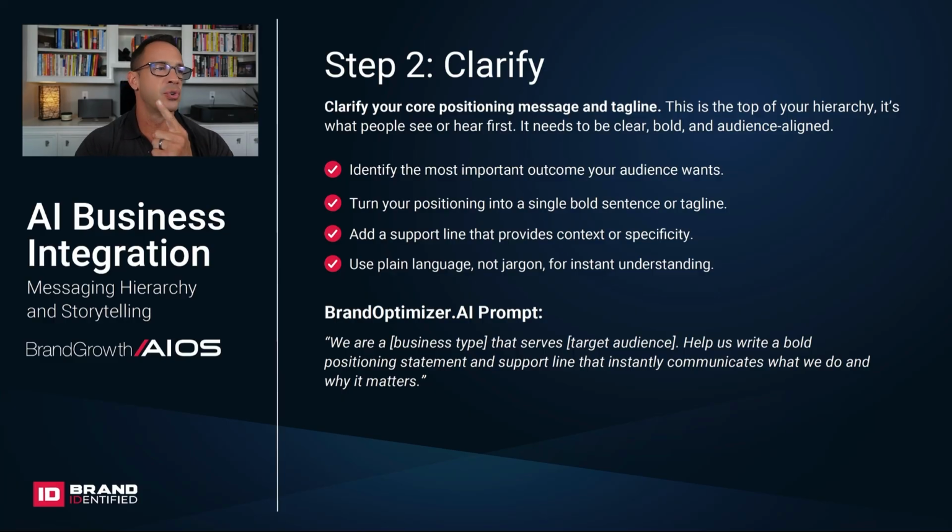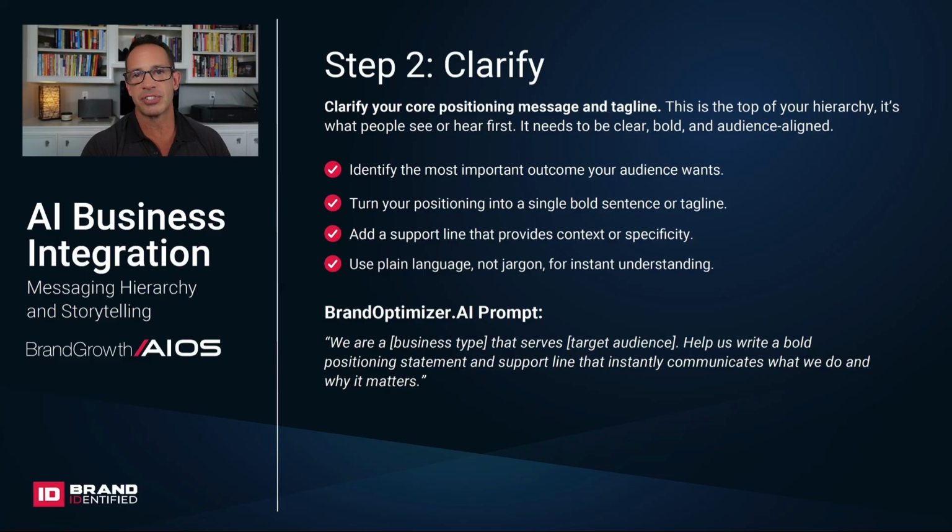So you're going to want to identify the most important outcome your audience wants, turn your positioning into a single bold sentence or tagline, add a support line that provides context or specificity, and use plain language, not jargon, for instant understanding. Now, with all of these steps within this framework, I've provided an AI prompt for you, but more specifically a BrandOptimizer.AI prompt. So I want you to go ahead and input these prompts over into